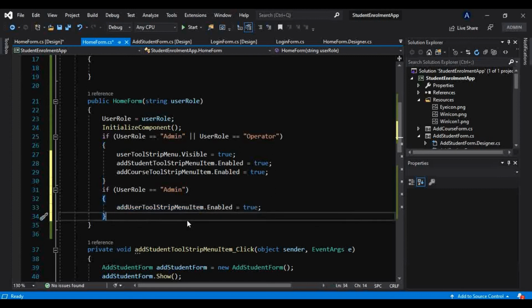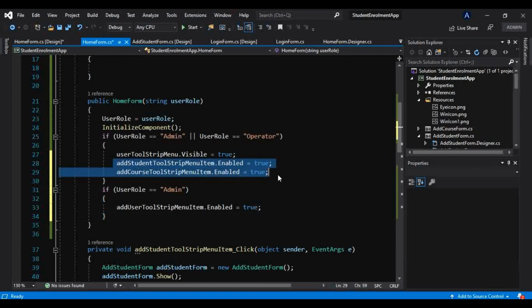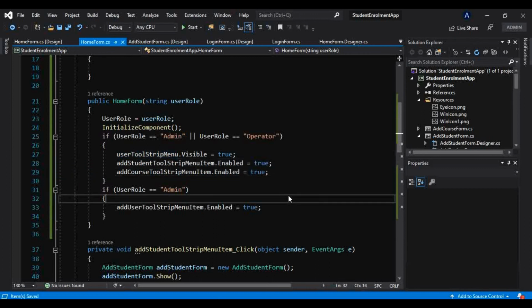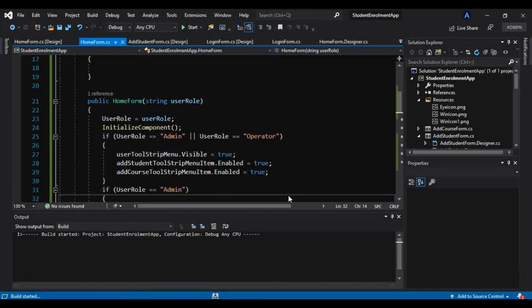Okay, and for viewer all these tabs should be disabled, whatever we have made enabled here, and as well as we want this user toolstrip menu to be invisible for that user. So let's just check all this condition again, and let's just run this application, and I will first log in with viewer account.